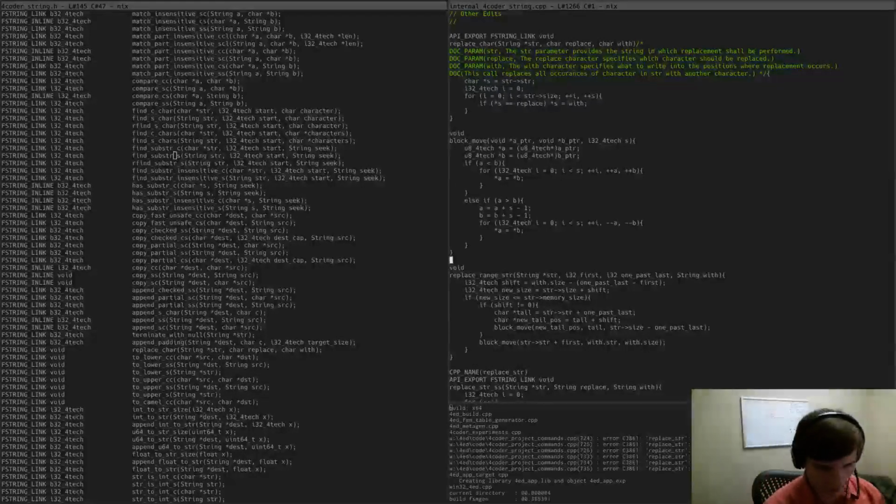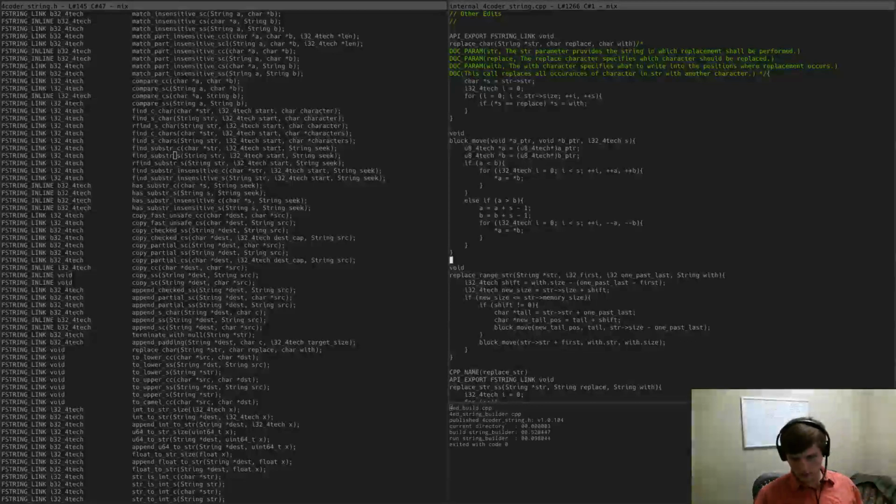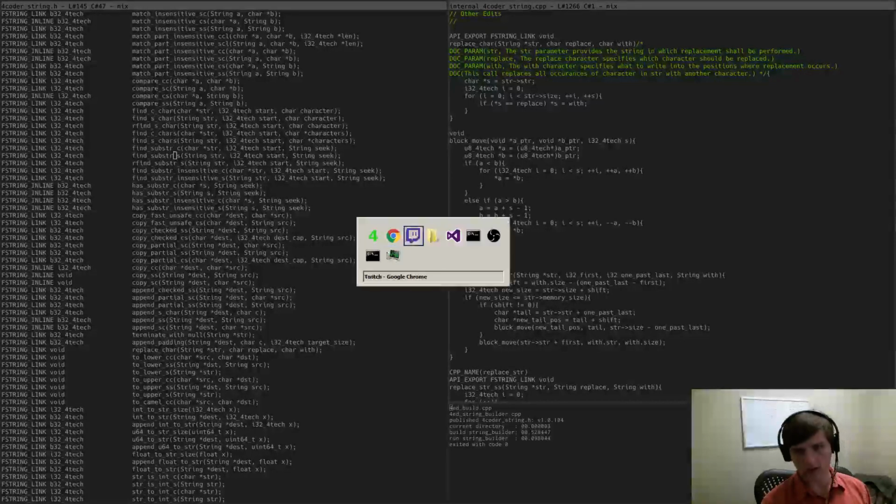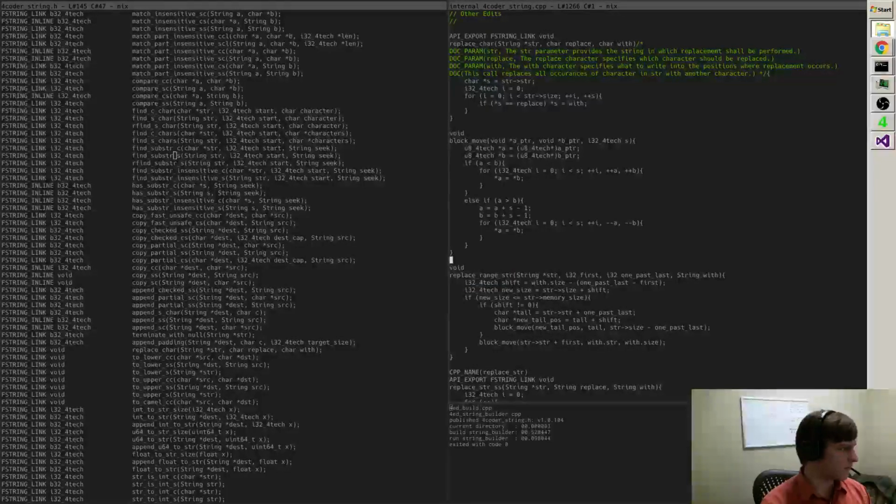Okay, so I need to run the string build. Okay, so there's the string build. Now I have to do this weird thing. I remember now how this works. I have to go to the string... yes, these were just generated right now. Show me the preview on that real quick. Yep, that's the one I want. So now what I have to do is I have to come over here